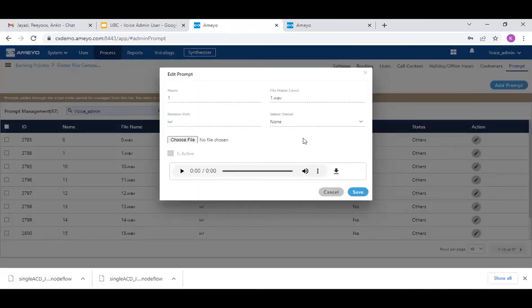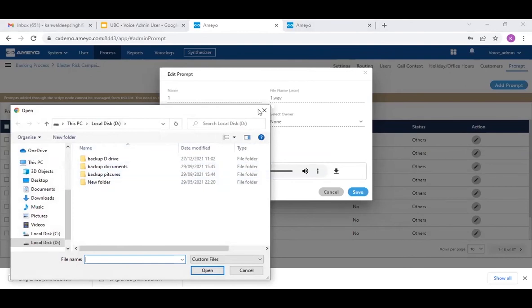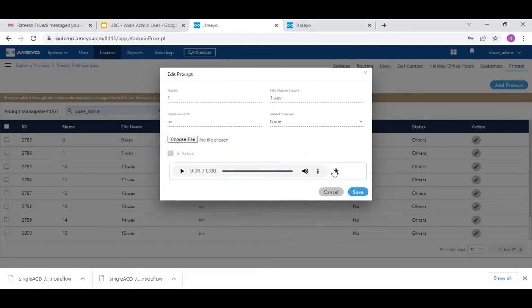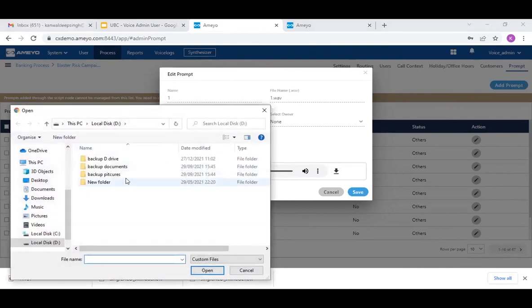Let's suppose on 26th January, your customers are trying to reach out to you. So you could play a Republic Day message to that particular customer. So what you can do is upload a Republic Day file. You can even download the previous file. So let's suppose on the next working day, you wanted to roll back this particular recording itself. Again, you can choose that particular file and roll back the previous recording. This is as simple as that.